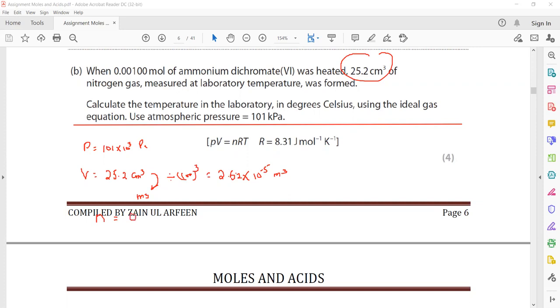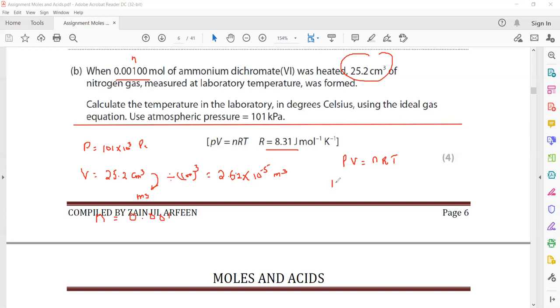That is 0.001, the value of n. So we substitute, and the value of the general gas constant is 8.31. So we have the formula PV equals nRT, where P is the pressure,